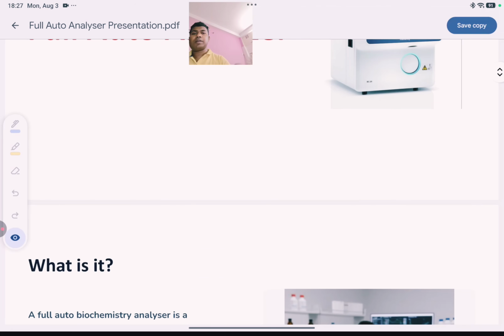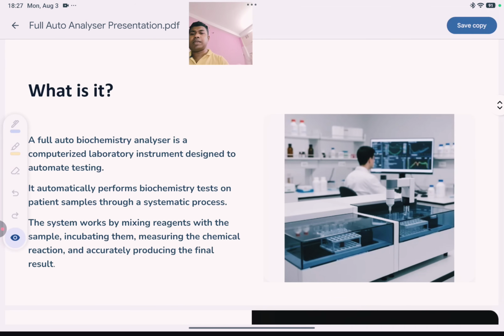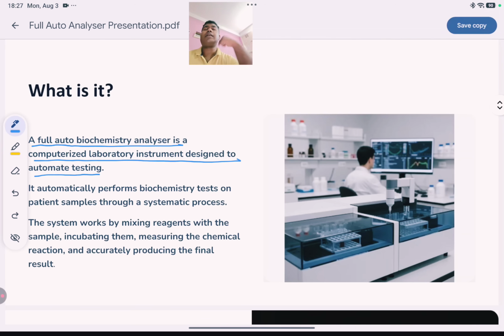So first we have to know what is a full automatic analyzer and how it is designed. So what is a full automatic analyzer? A full automatic analyzer is a computerized laboratory instrument designed to automate testing. Actually in market we get two type of analyzer. One is semi-automatic analyzer and other is automatic analyzer. And the automatic analyzer is also known as full auto biochemistry analyzer, and it is a complete